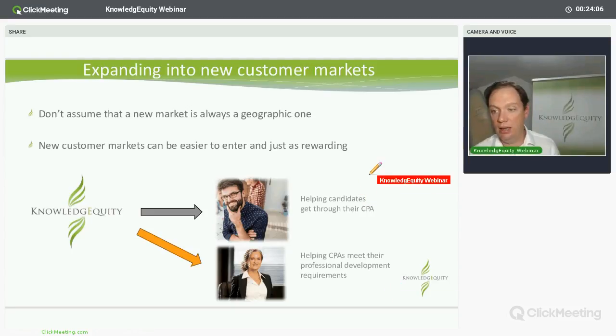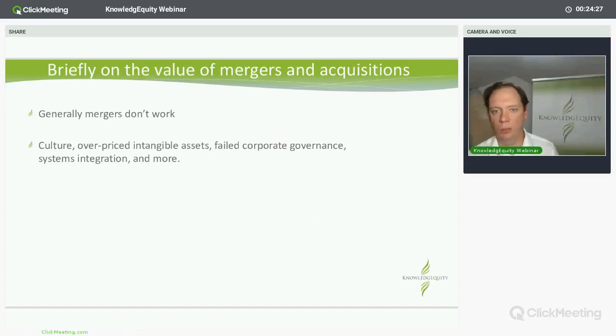Or we pick up what we're doing here and go, right, we're off to the States. Not Silicon Valley, move somewhere else where it's nice and sunny. And we try and crack the US market by being over there, right? Different geography, just say similar customer market. CPA exams over there are different as well, but it's not the same as offering PD.